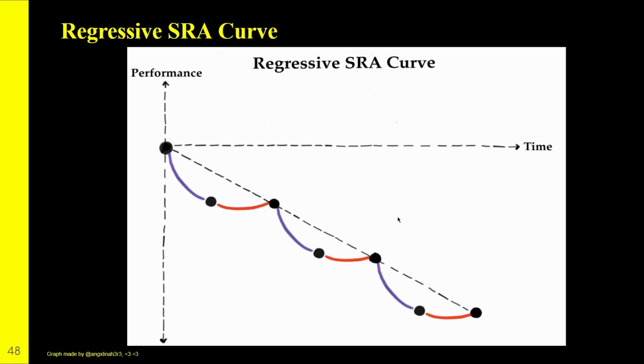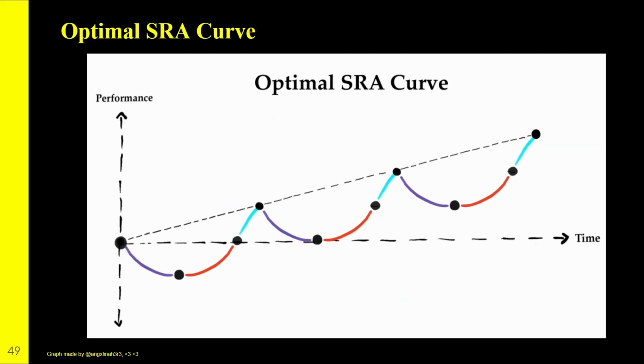When we train too frequently or train with too much intensity without allowing our body to recover, our performance will actually decline because there's no time to recover and repair those muscle fibers. And here is what we are aiming for. The optimal SRA curve must have a positive slope for our performance when our training frequency is just right and we are training smartly with good fatigue management.